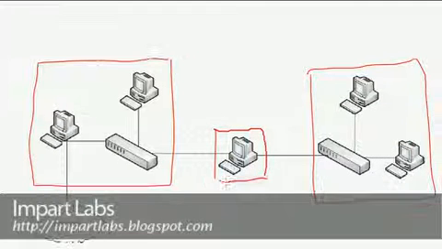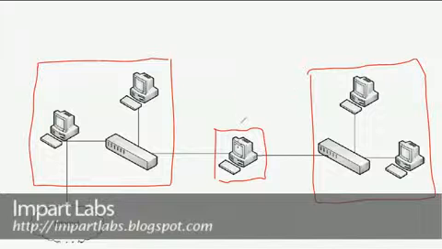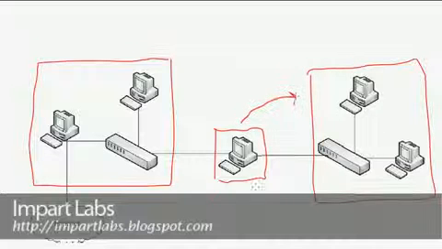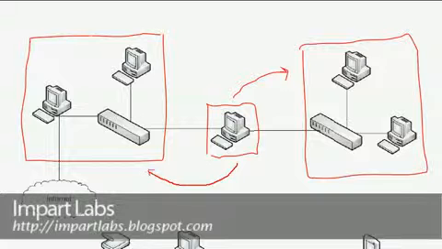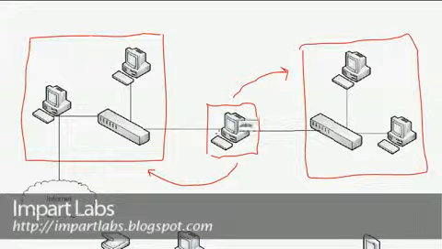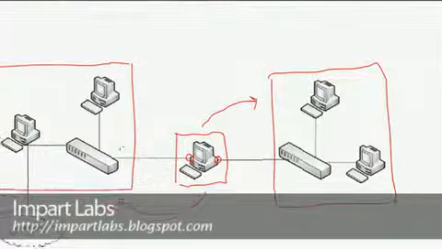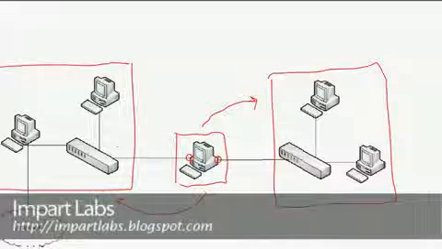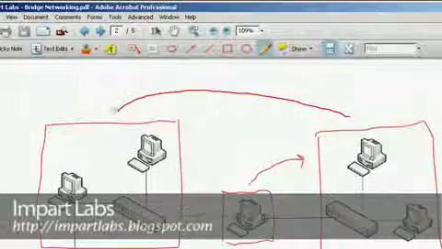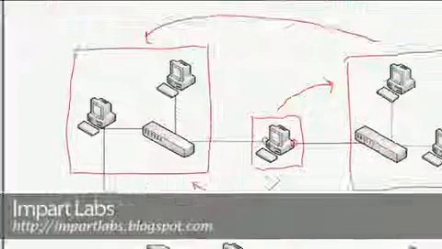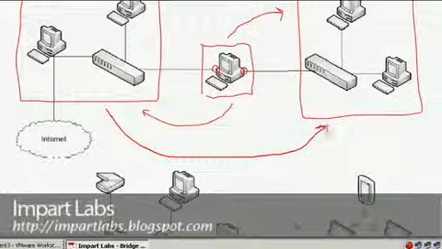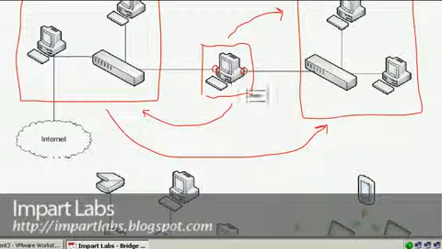A couple of things you have to know. The computer that is going to act as a bridge has to have connectivity to this network and to this network. If we are going to connect two networks to each other, this computer should have connectivity to both networks. Namely, it has to have two network cards, which would be able to communicate with these two networks. Our concern before bridging would be that this network doesn't have access to this network, and this network doesn't have access to this network. So by creating our bridge, this computer would be able